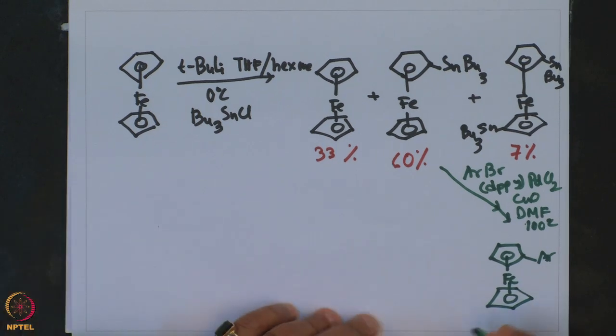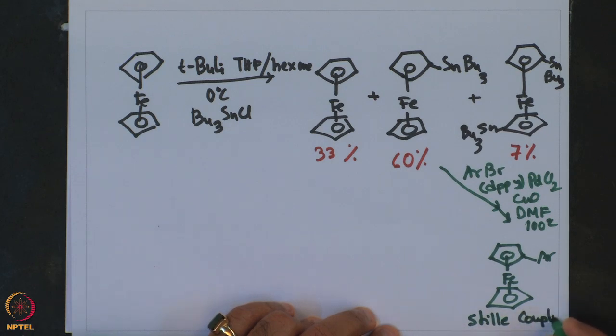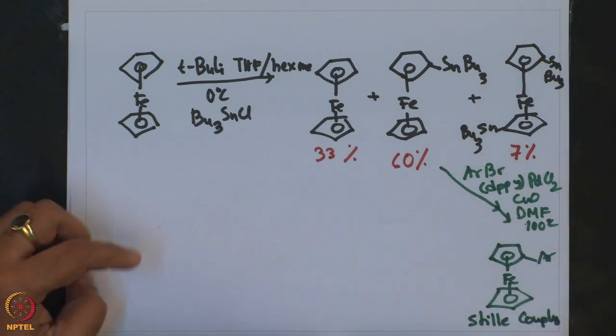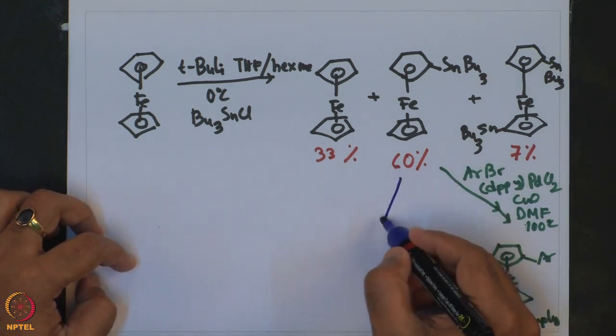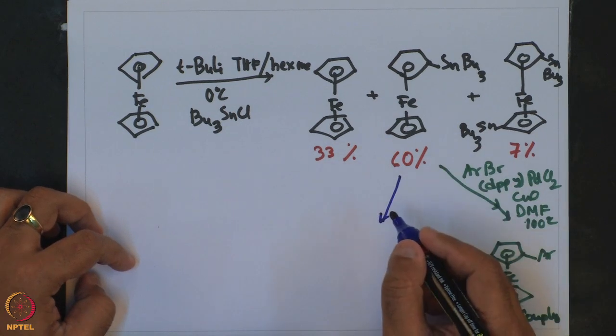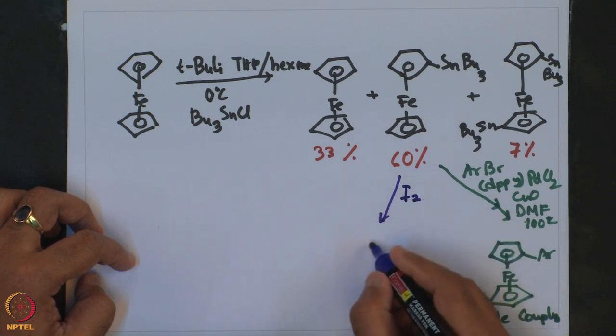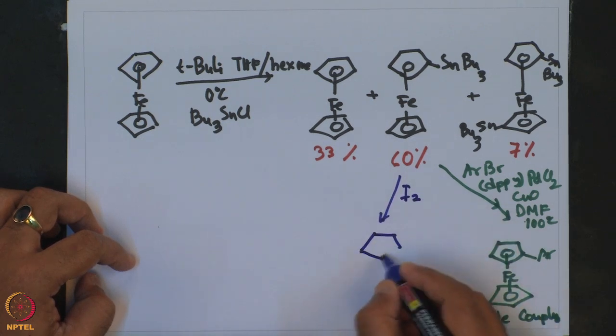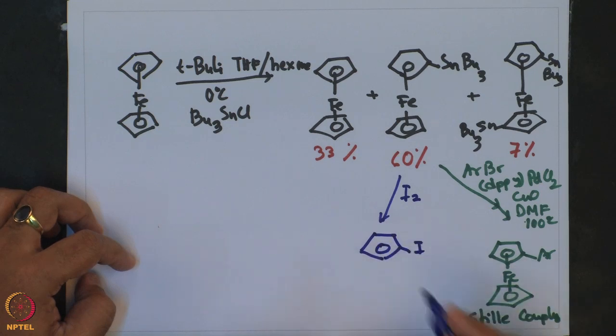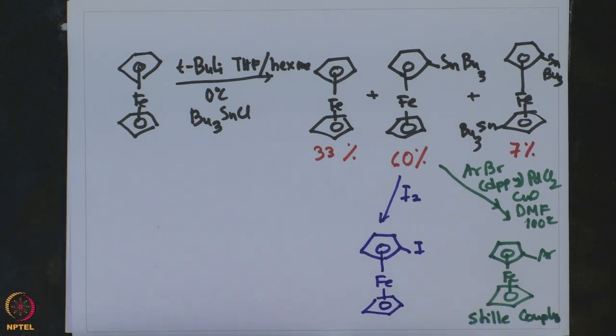So, Stille coupling, similarly, the mono tributyl stannyl ferrocenyl compound reacting with iodine gives the iodine substituted ferrocenyl compound as well as